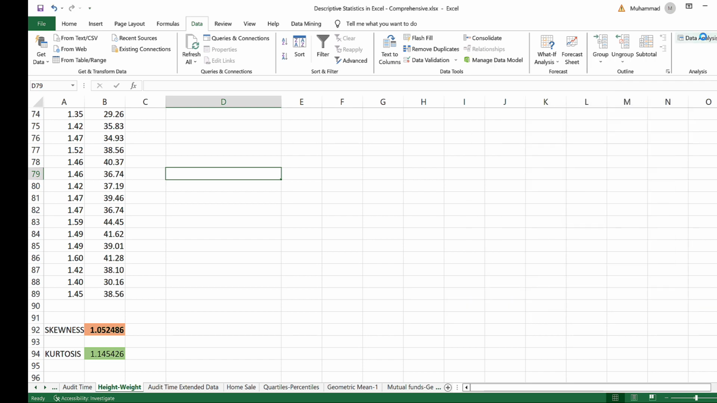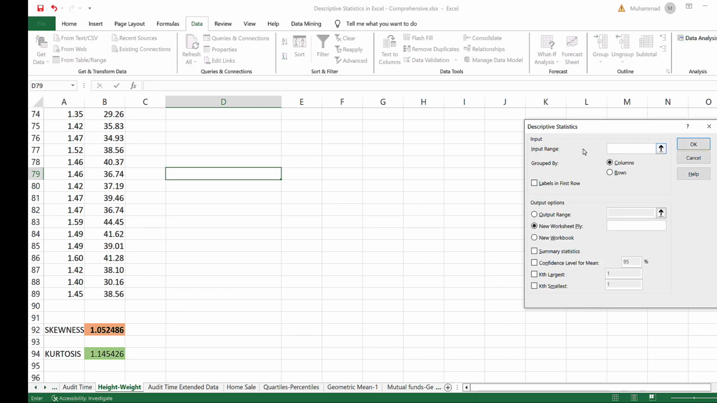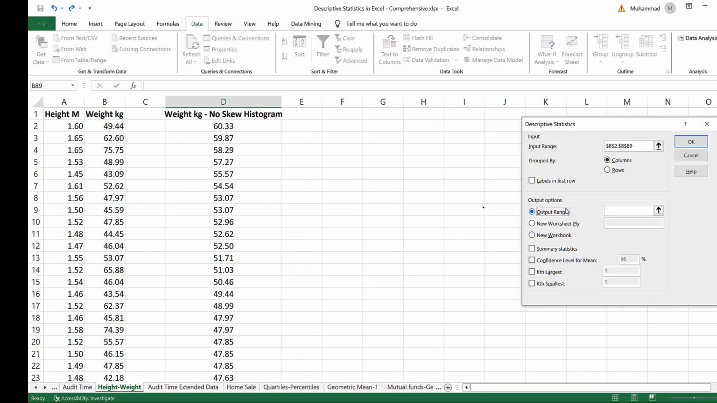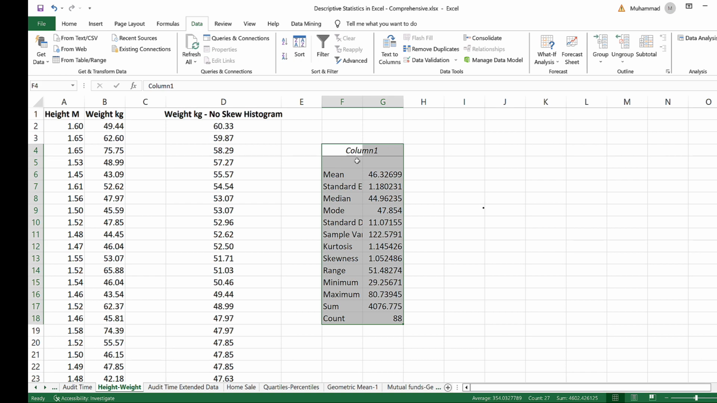So if I click on Data Analysis and Descriptive Statistics and then Input Range, I want to calculate skewness and kurtosis of this column. So I will select this column except the top row, the label in the first row, I didn't select that. Output range, where do you want your results to appear? I want my results to appear here. And what do you want? I want summary statistics. Okay, let's click OK,